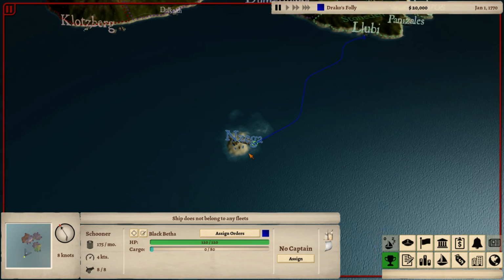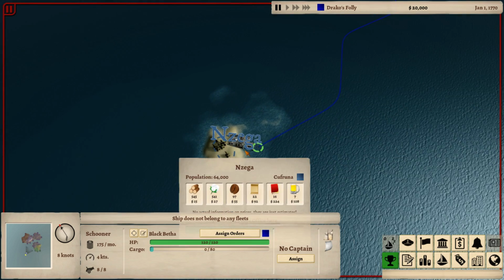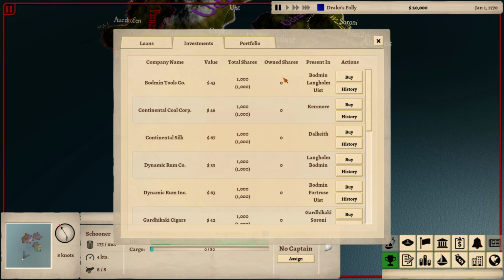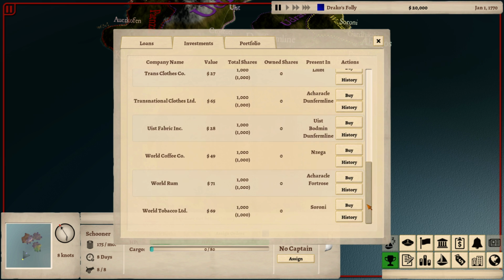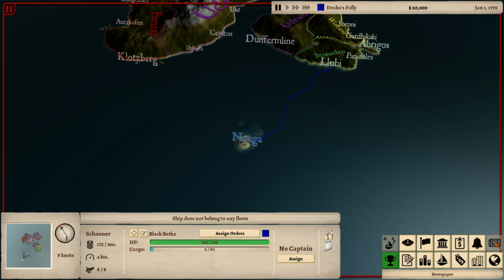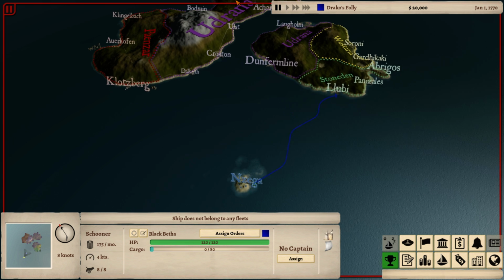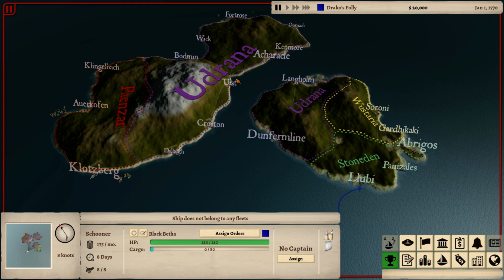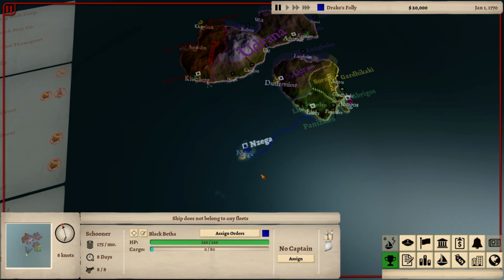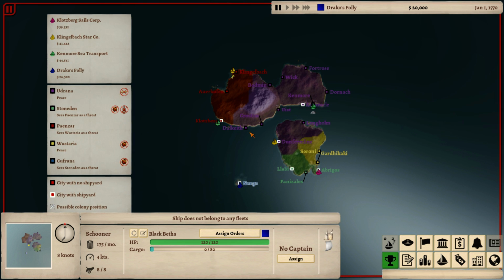You don't only get the profit from selling your wares, but you can actually make profit that way. That's pretty interesting. Currently we have no portfolio, but you can see where they are present in, and then you can decide to maybe only do trading in a specific area to push your investments forward, which is interesting. The newspaper currently doesn't have anything, but there are going to be things like war breaks out, or we have a famine, or all these kinds of things that you can take advantage of